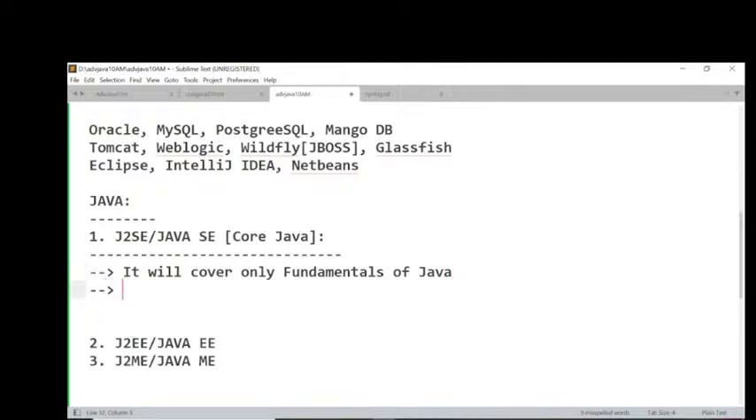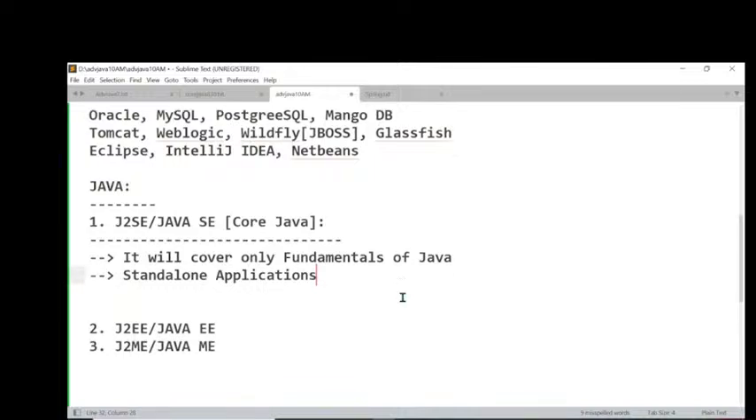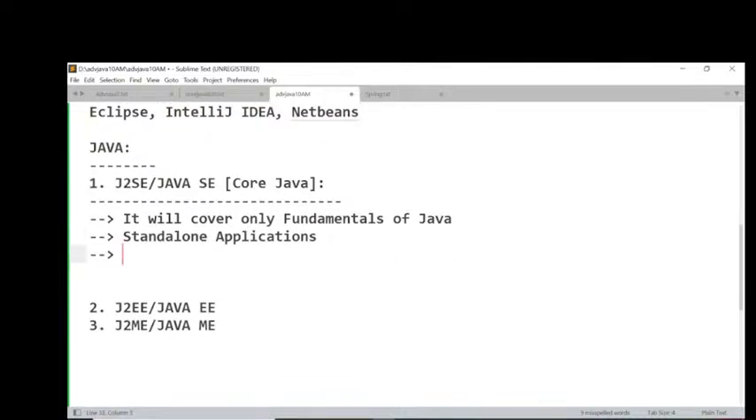By using these fundamentals, what applications are we able to prepare? We are able to prepare standalone applications. Observe carefully, guys. By using J2SE, we are able to prepare standalone applications. What is the meaning of standalone applications actually? What exactly is the meaning of standalone applications? Now, if we design and execute any application